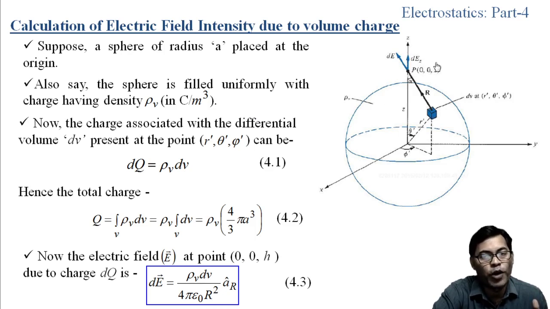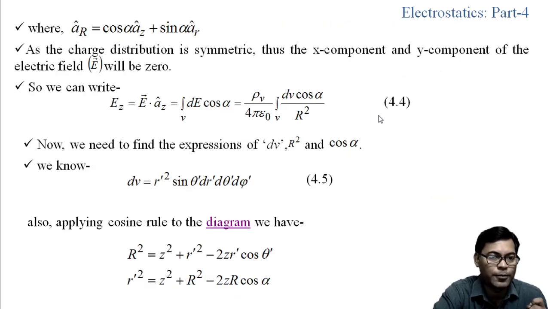For that the field will have 3 components along x, y and z direction, and for this dV we will get again 3 components of the electric field, that also will be along the minus x, minus y and plus z direction. So, x component will be 0. So, only the z component is present. So, for this volume of charge dV, only the z component we will consider.